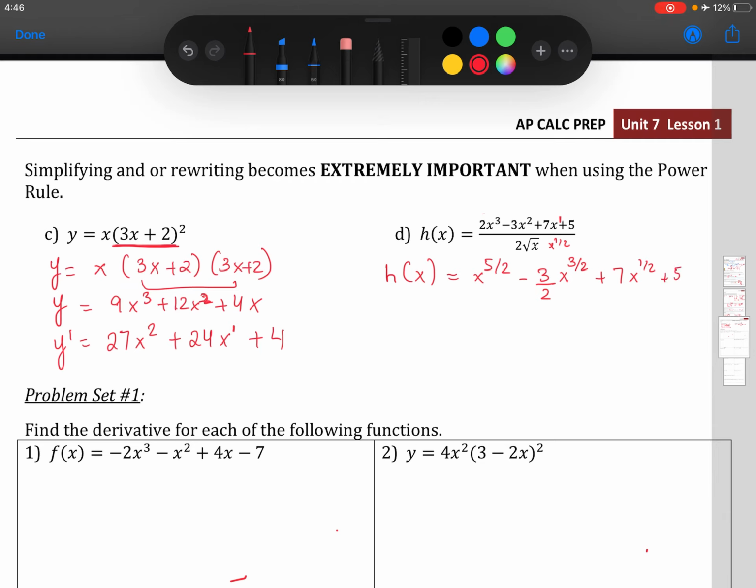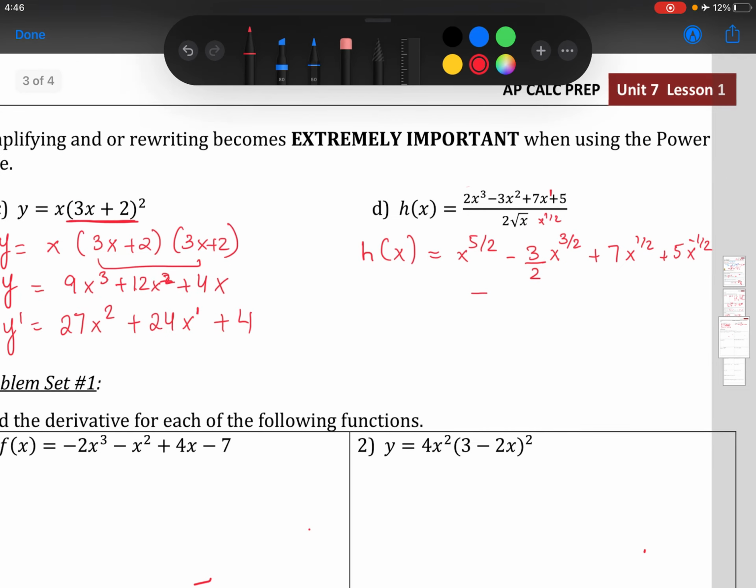Plus, can I rewrite it as 5x to the -1/2? So that's very important to remember. Anytime you're applying the power rule and you have a variable in the denominator by itself, just move it up and make the exponent negative. So now I'm going to take the derivative of each part individually. I'm going to apply the power rule 4 times in this question. So I'm going to change colors. H prime of